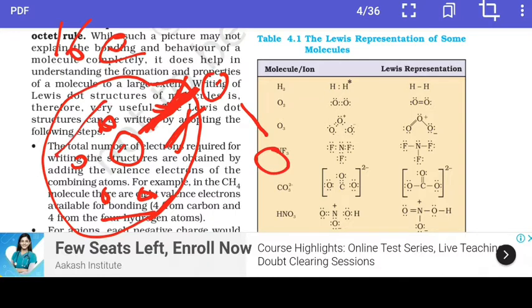It means there are 8 electrons completed at this oxygen. Now we come to this one. At this oxygen there are 2 electrons from here, 2 electrons here, it means 4, and 2 electrons from here, it will be 6. So this oxygen carries 6 electrons and it needs 2 electrons more. So we draw 2 dots here to represent its 8 electrons.